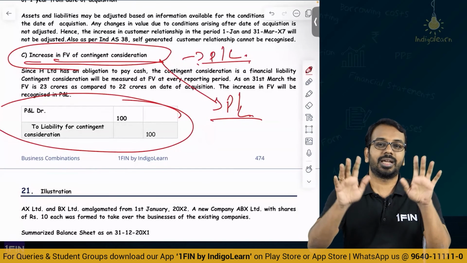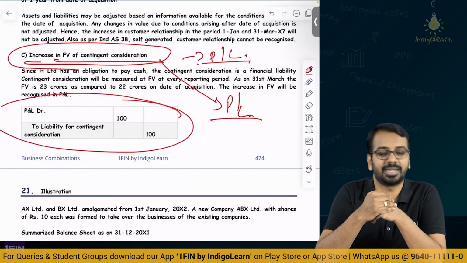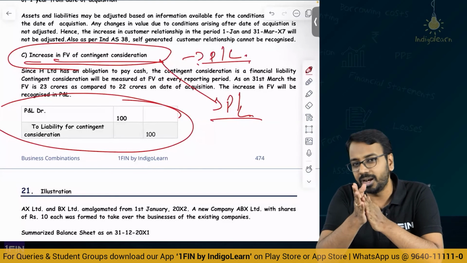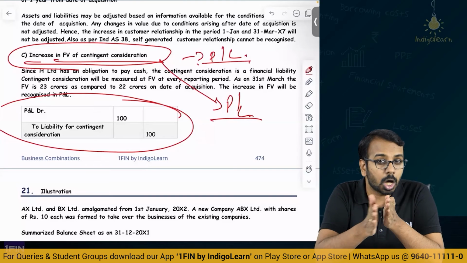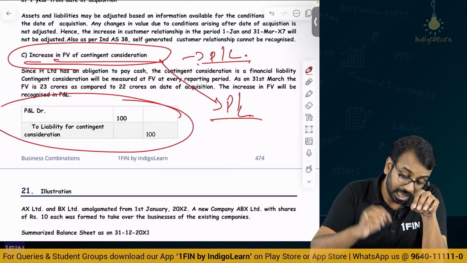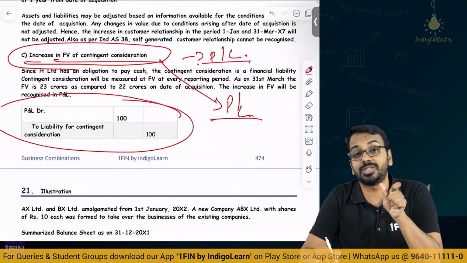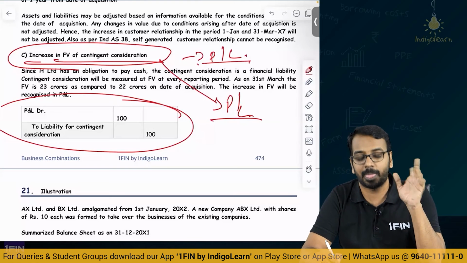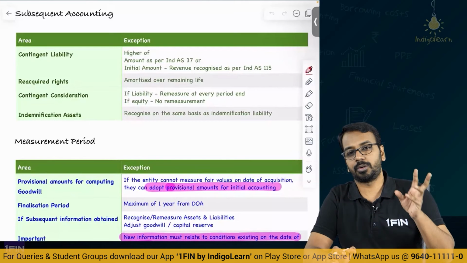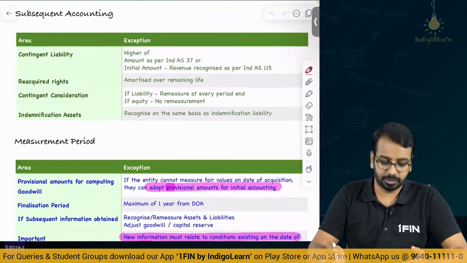Don't get scared of this chapter just because the questions are lengthy or adjustments are difficult. Yes, I understand sometimes there may be very tricky adjustments. In that case, you can leave the question, but if it is a normal adjustment that has come in the examination, you should not leave it. There is a high chance of these types of adjustments coming as a stand-alone MCQ in the examination. Now, let us continue our discussion on some theory aspects, and we will talk about reverse acquisition and common control transactions, and then we will conclude the revisions.